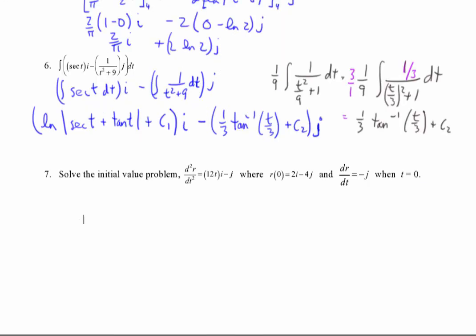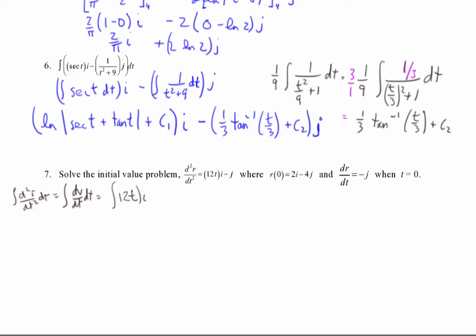The last one, we're going to need a lot of room. There's quite a bit going on in this one. So we're given the second derivative of the position, and we have to solve the initial value problem. Basically, we need to find what the position vector is going to be. So the integral of the second derivative of r with respect to t equals the integral of dv dt with respect to t. So that's going to be the integral of 12t